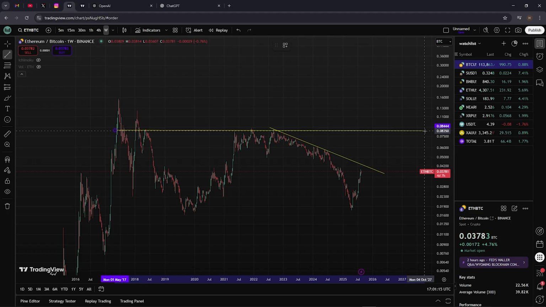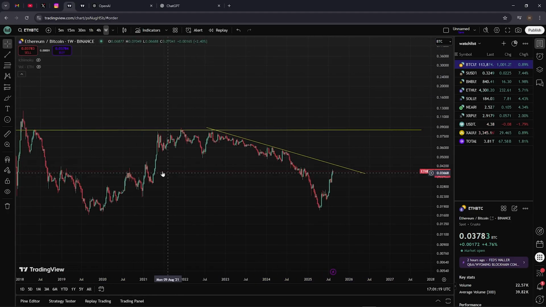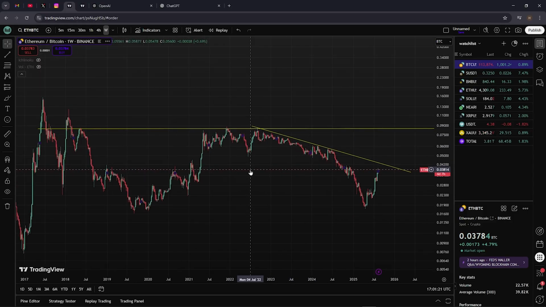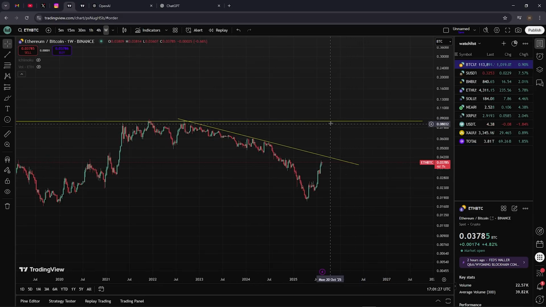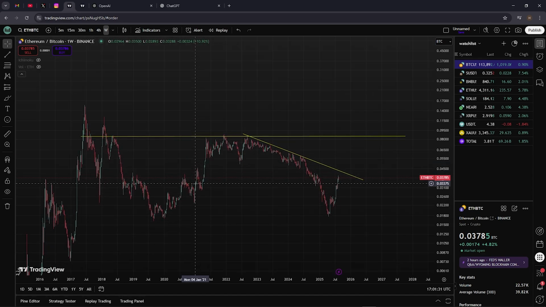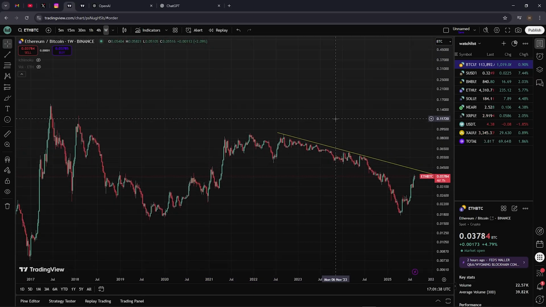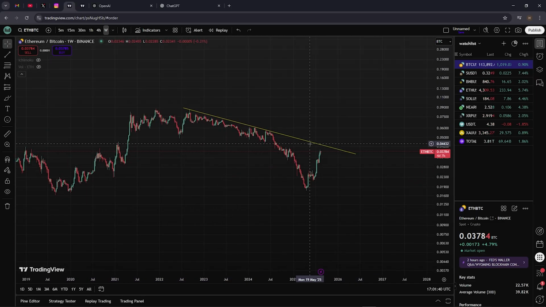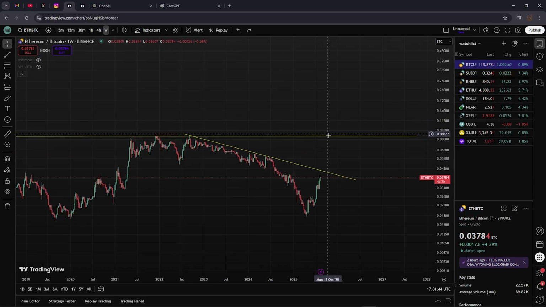where it goes up to this resistance here, and then moves back to the downside. But I think this is highly unlikely because this is unrealistic. Usually everything loses value against Bitcoin, and for that reason, I really don't think that this is the correct